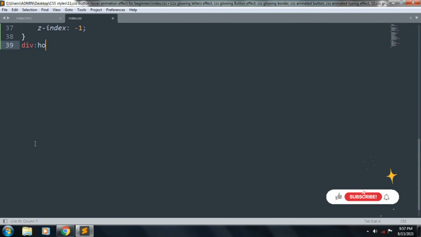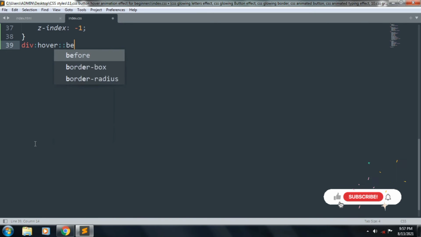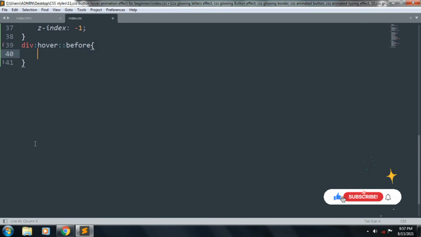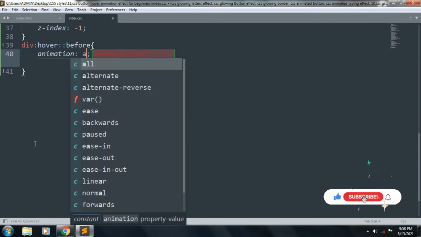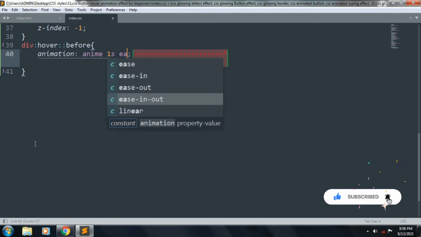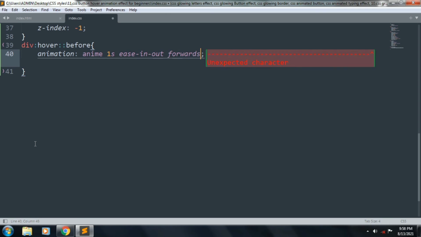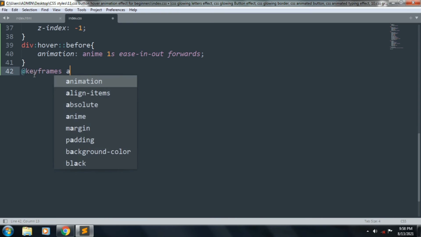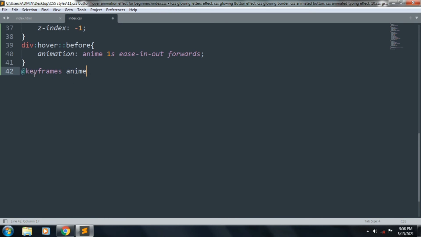Next, div hover before. Inside this we want to add the animation anim, 1 second, ease-in-out and forwards. We want to create our animation, keyframes and animation name anim. Inside this, 0%,